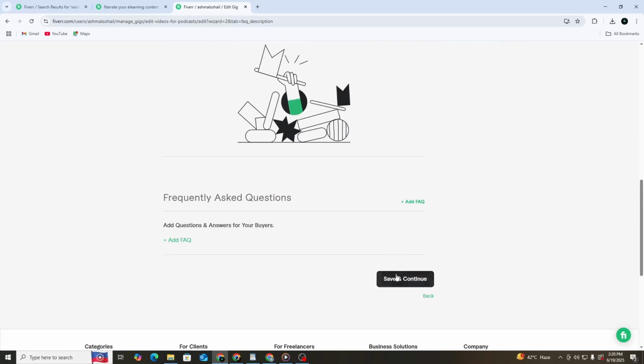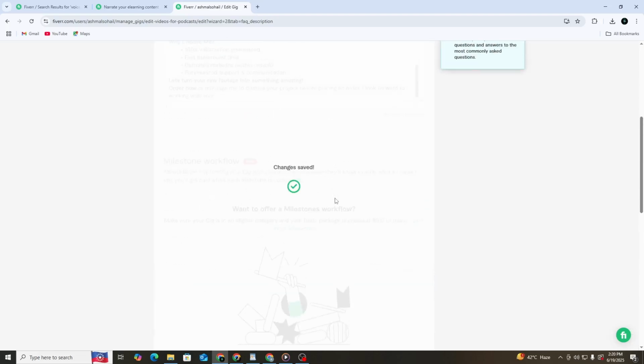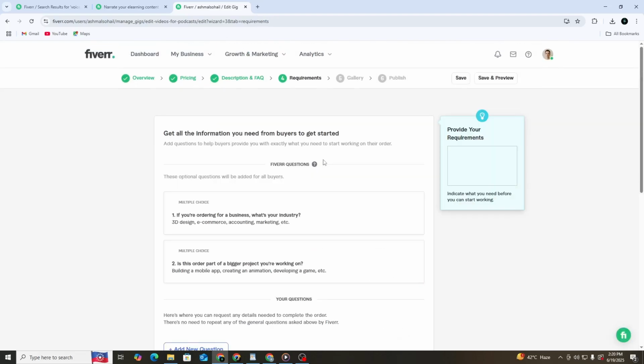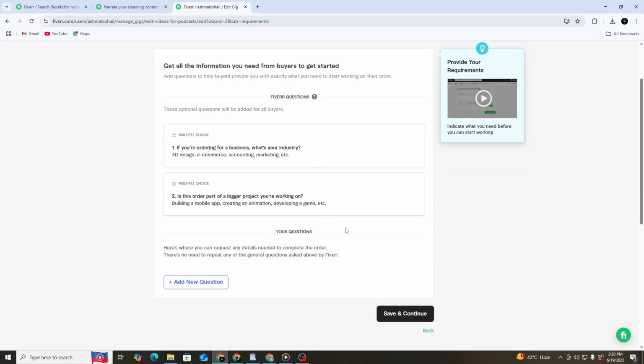Next is the requirements section, where sellers specify the information or materials they need from the buyer to begin working on the order. This step is essential for ensuring that the seller has everything necessary to deliver the service effectively and on time. At least one requirement must be included, but you can add multiple depending on the complexity of